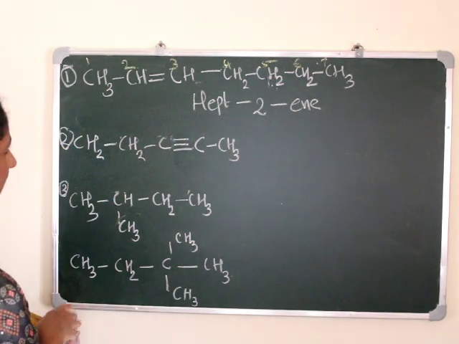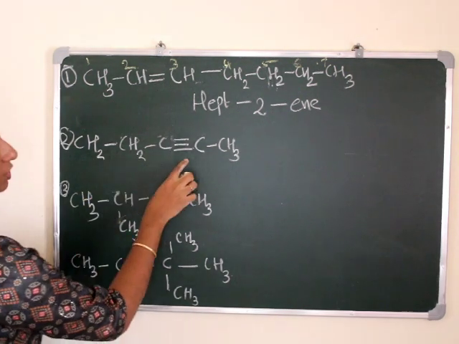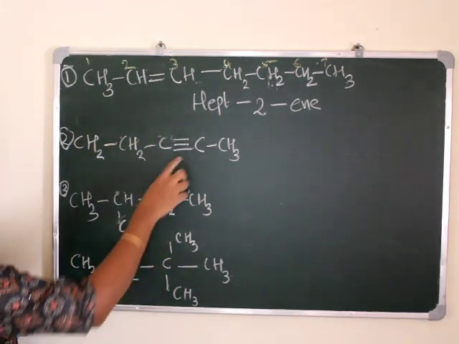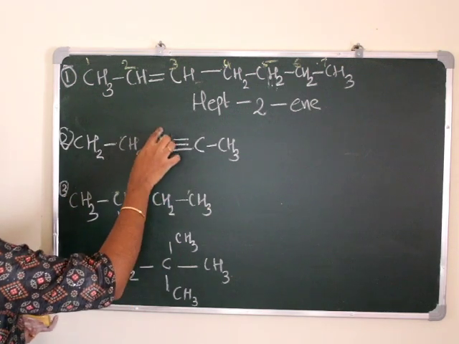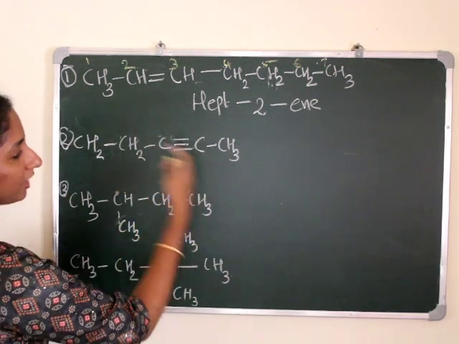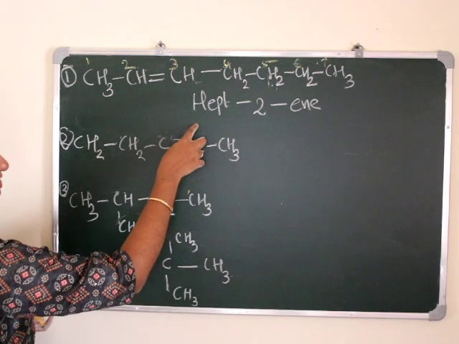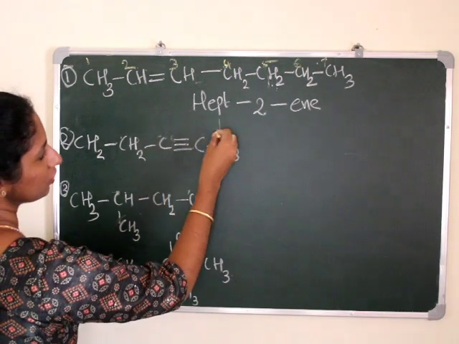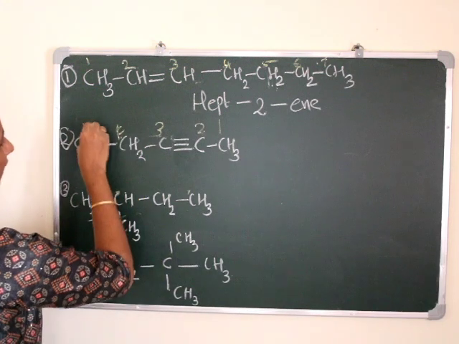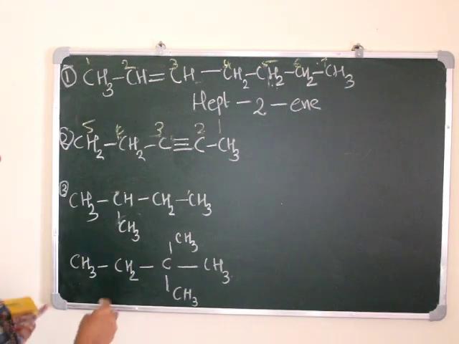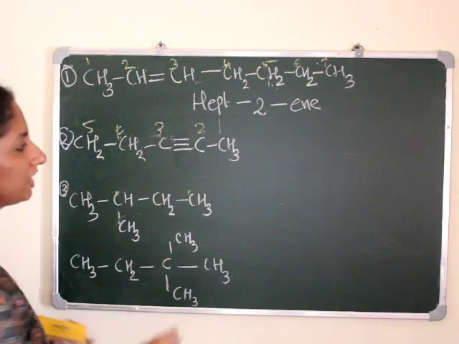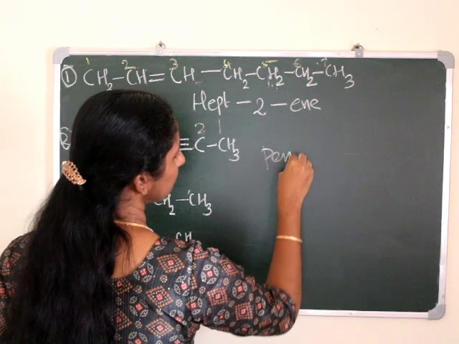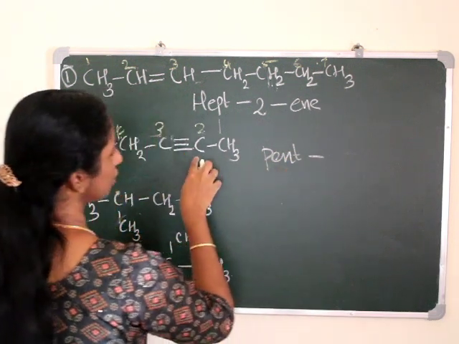And when we are getting into the second question, we want to give lesser number for this unsaturation. So when we are numbering from left to right side, it will get third position, right? And when we are numbering from right to left side, we will get second, right? So we can choose this one: 1, 2, 3, 4, 5. Okay. So the word root will be according to the number of carbon atom, that is 5 carbon atoms. So that means meth, eth, prop, but, pent. Okay. So pent is the word root, then we are putting a hyphen, then the position of unsaturation.